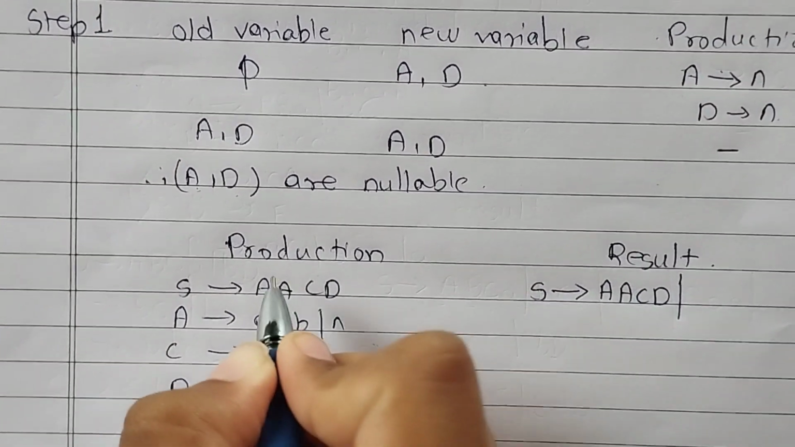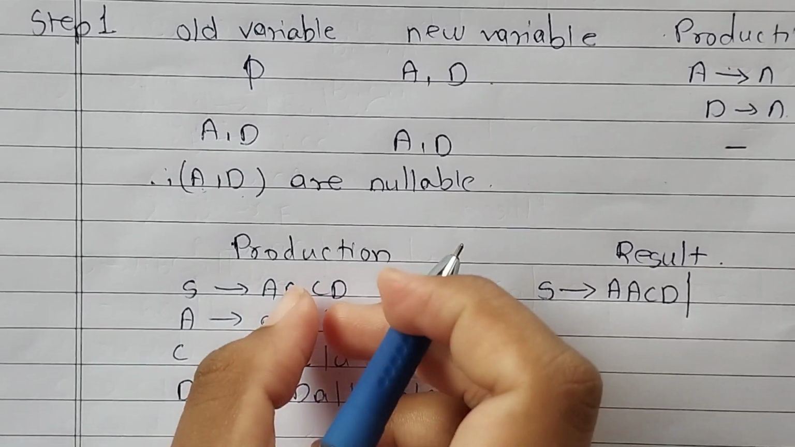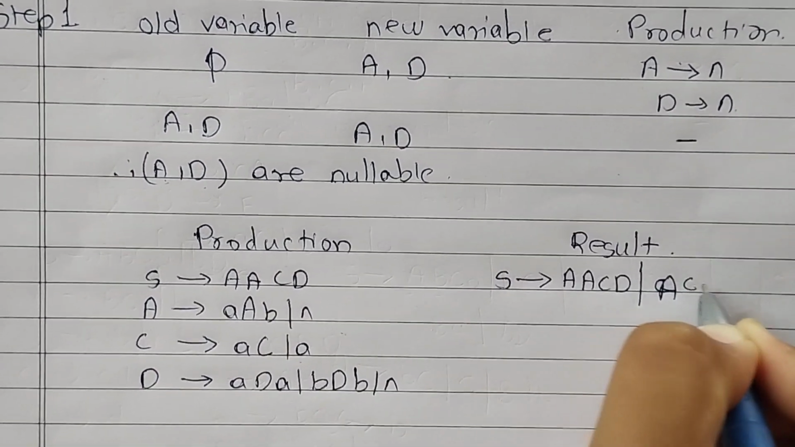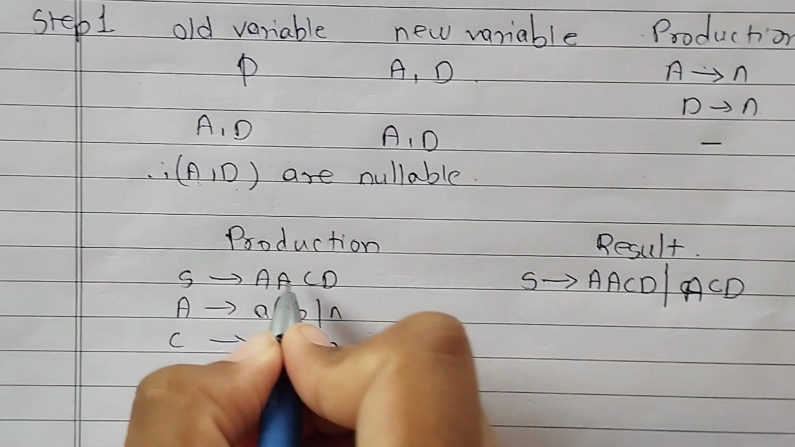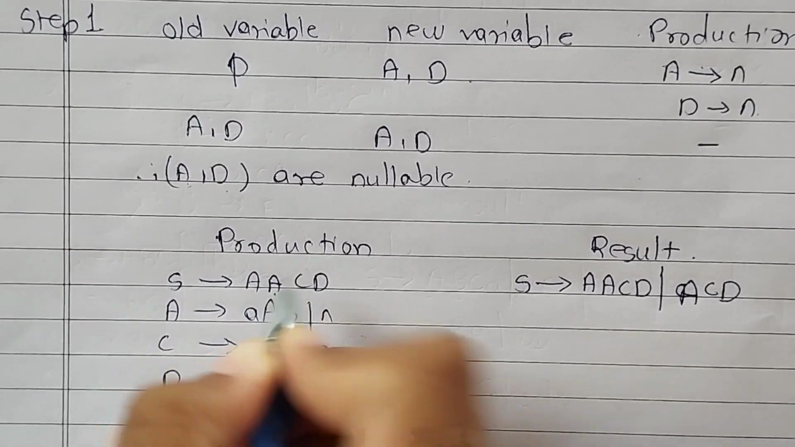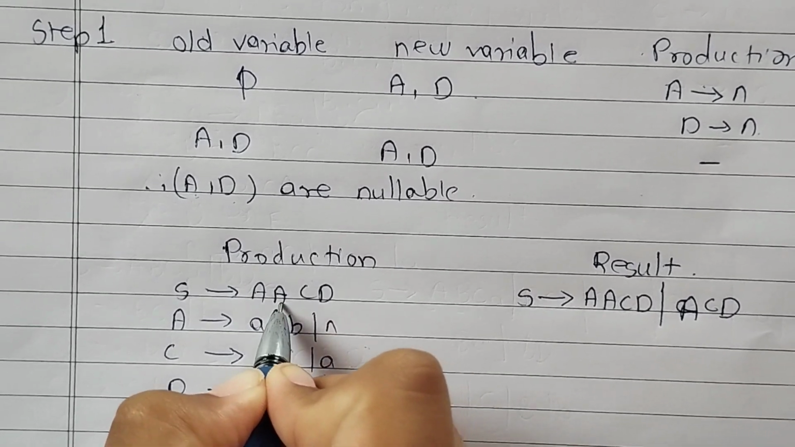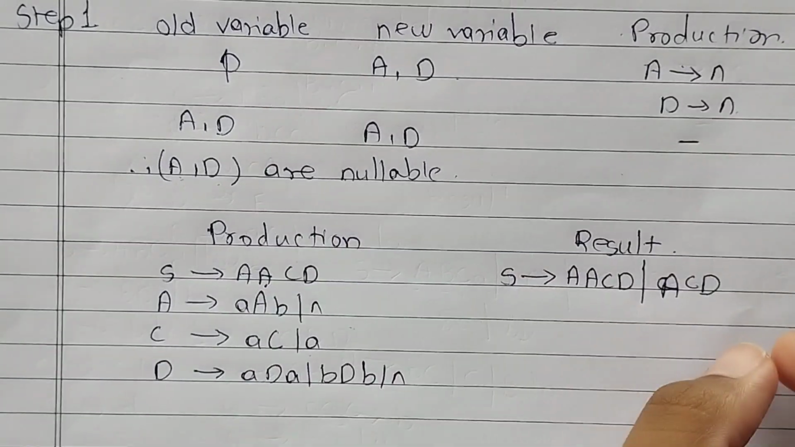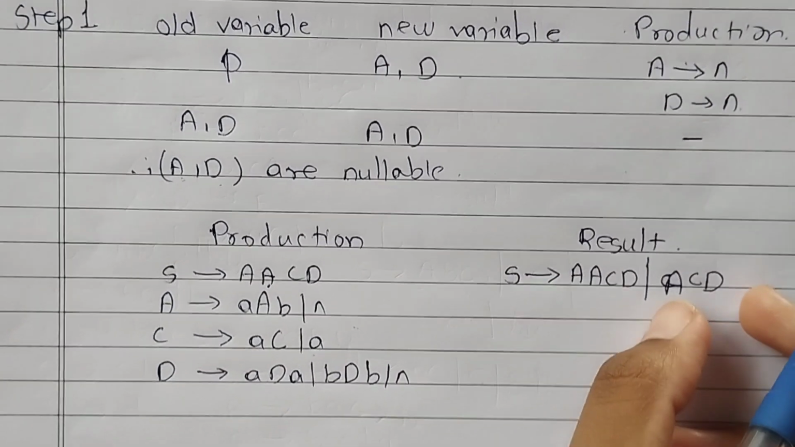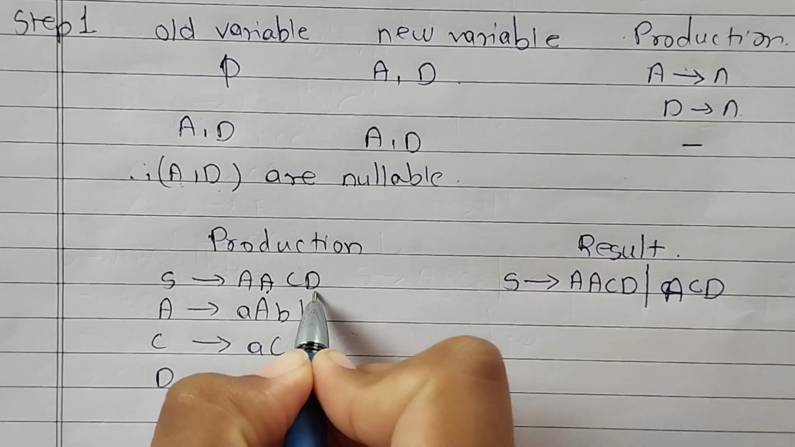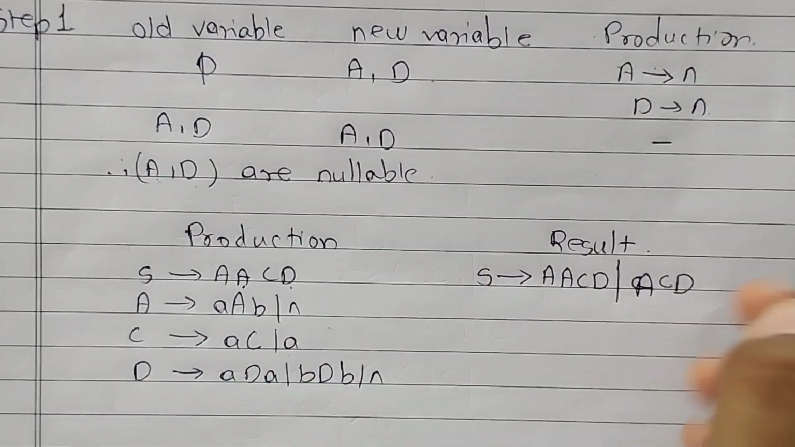Then the first time I consider my A is not present, then these remaining three I write: A, C, D. Now the second time I consider this A is not present, then the remaining three are written as they are. So if I consider this is not present, then A, C, D again get the same result. So I do not write the same result again and again. Now we consider D is not present, then AAC we write here,